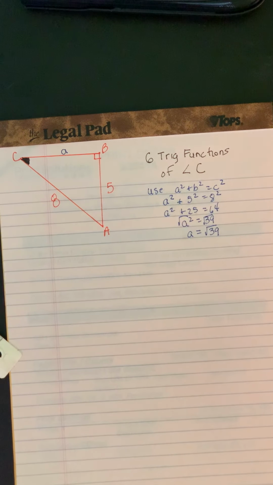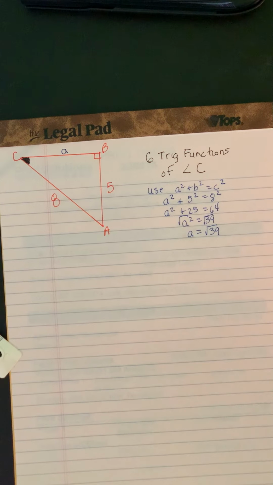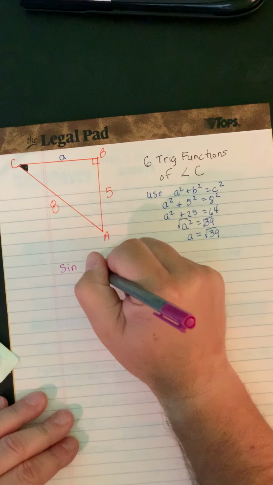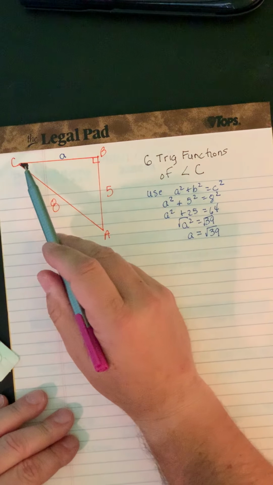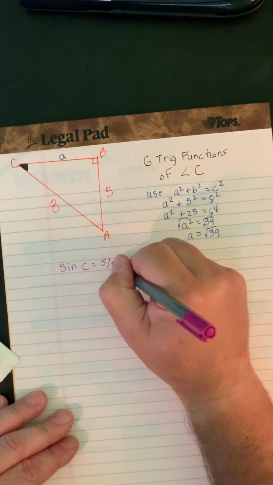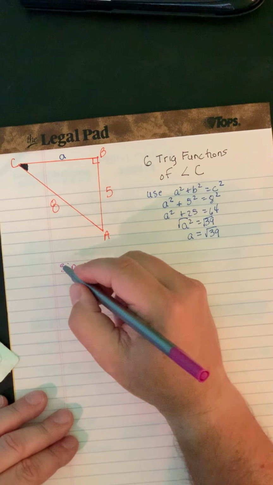Now some of you are saying, oh, wait a minute, you got to do plus or minus. No, because a distance can't be negative. Come on now. You know that. All right, so let's find our 6 functions. So the sine of C, opposite, there's C, so opposite over hypotenuse, 5 over 8. Cosine of C,